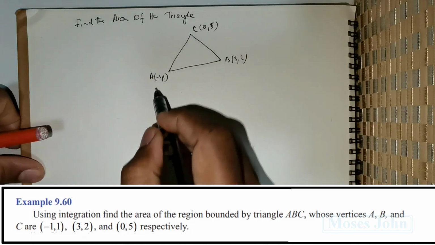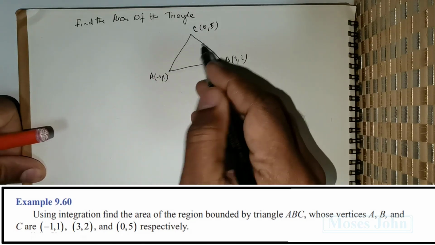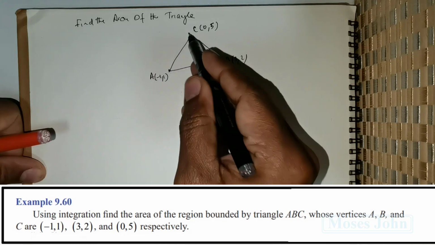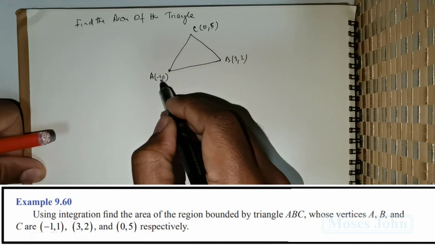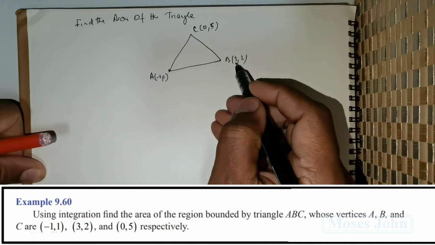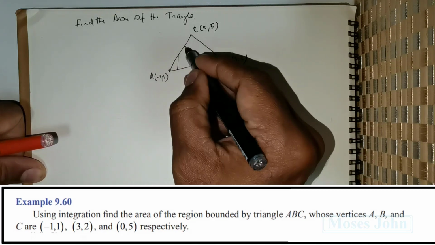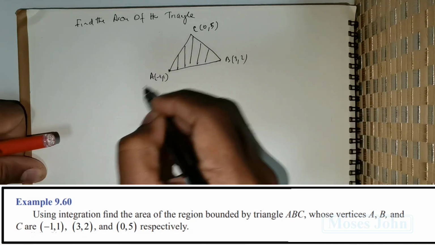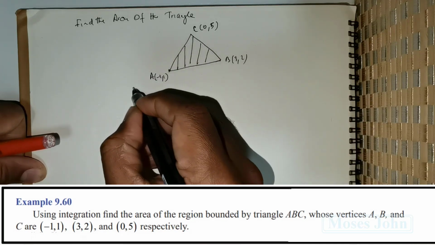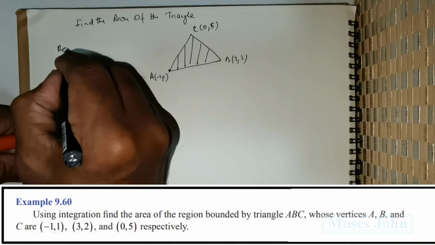Students, we are given this question. We are expected to find the area of the triangle. We've got a triangle with coordinates A(-1, 1), B(3, 2), and C(0, 5). So we have to find the area. Let's write down the formula. The required area